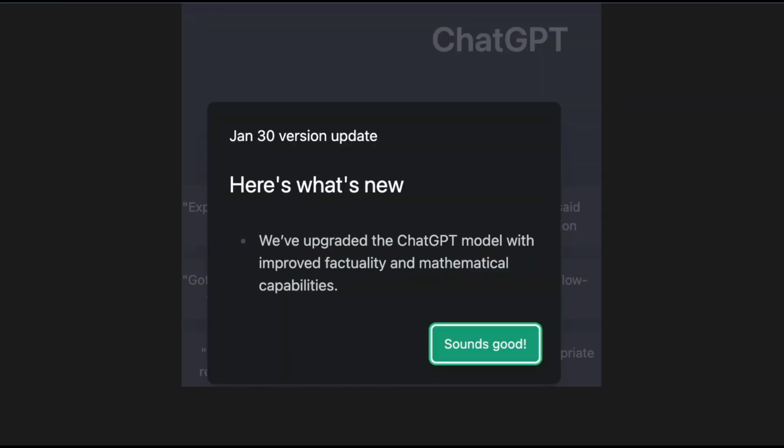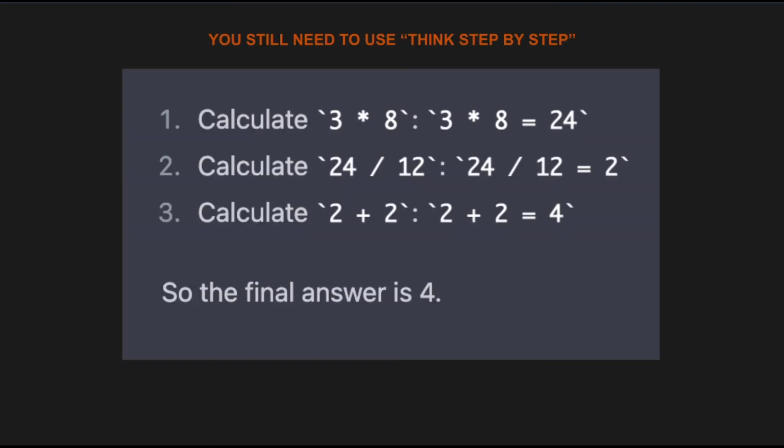So here is the latest announcement. This is the chat. Right now we're using ChatGPT from January 30th. And it's been just upgraded to improve factuality and mathematical capabilities. Because you can imagine a lot of people are using it for this purpose and it gets the results wrong. So this is what it looks like after the update.